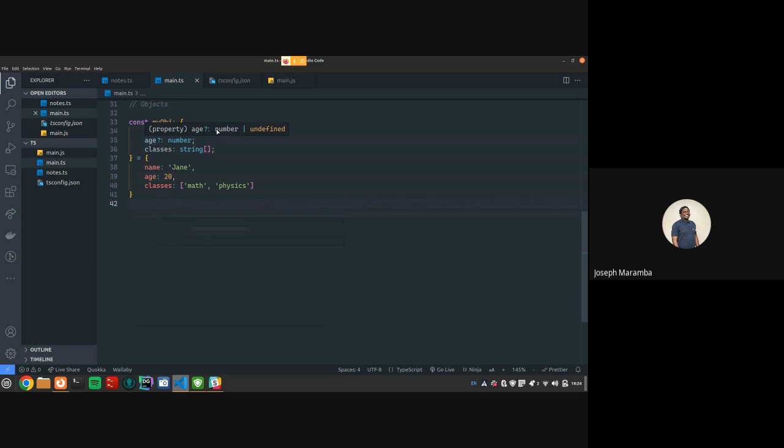The type is number or undefined. So if something is optional, it means it will be undefined at a certain point. You can do this, or you can explicitly type it like this. Now this is one use of undefined. So if I don't provide age,